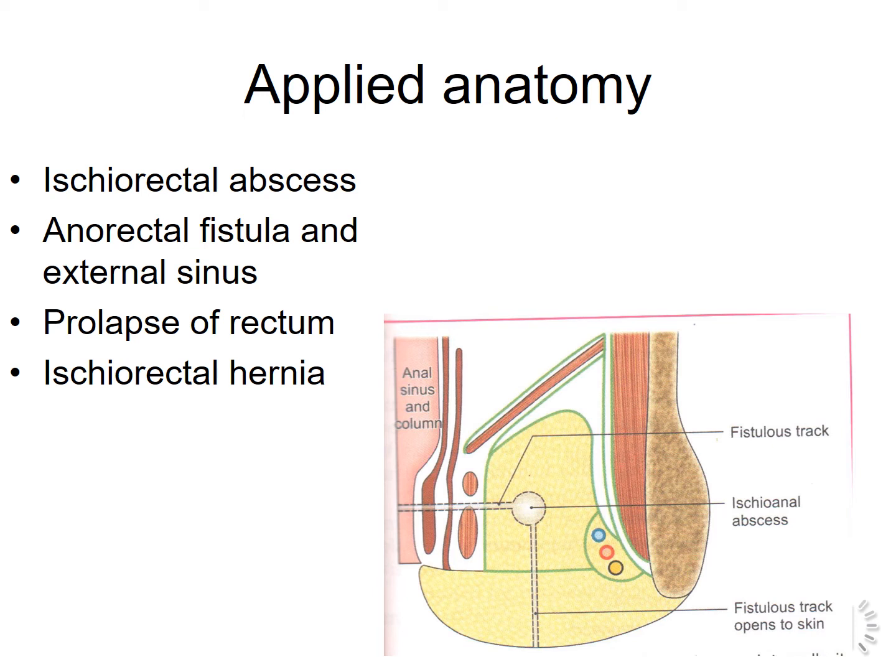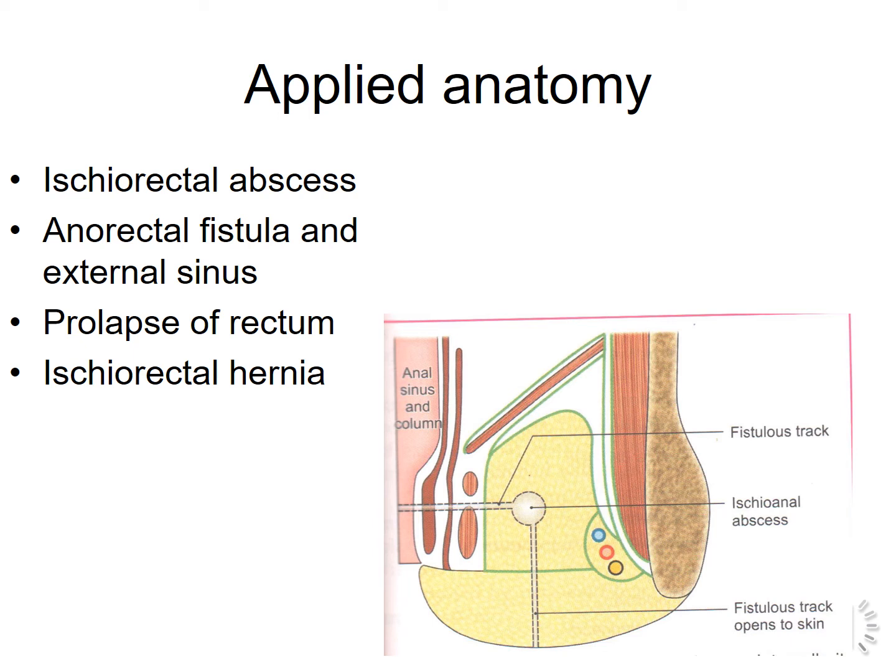Then there is an important structure which is known as the hiatus of Scholbe. What is it? It is an occasional gap present between the tendinous origin of levator ani and the obturator fascia, that is the lateral wall. Superomedially the wall is formed by levator fascia covering the levator ani, and laterally it is formed by obturator fascia. So in between these two walls we can have a gap known as the hiatus of Scholbe.